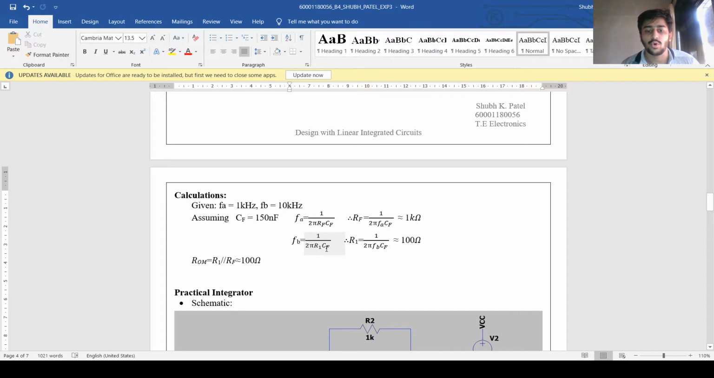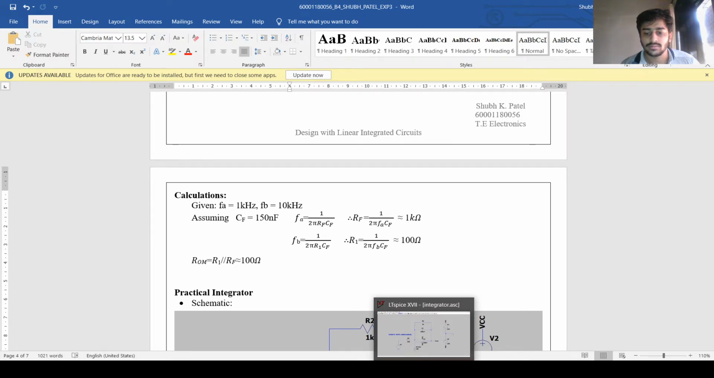We also know the Fb formula. Fb equals 1 upon 2 pi R1 Cf. So, R1 equals 1 upon 2 pi Fb Cf. After substituting Fb and Cf, we will get R1 equals 100 ohm. The offset resistor, which is ROM, is the parallel connection of R1 and Rf. The value obtained is 100 ohm. So now we are done with the calculation. So let's move to the